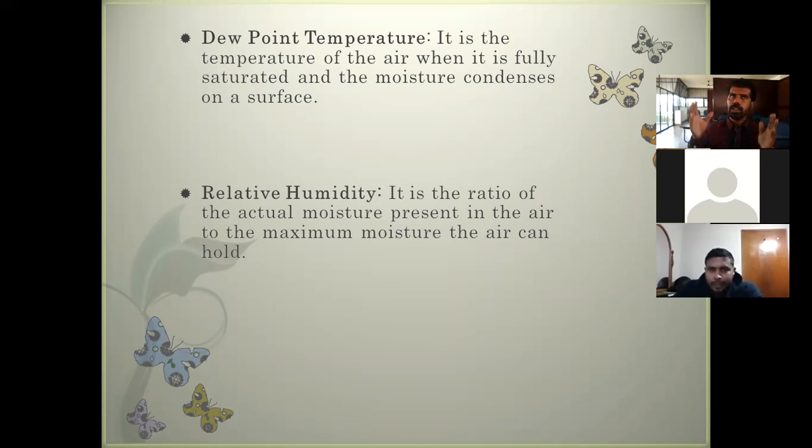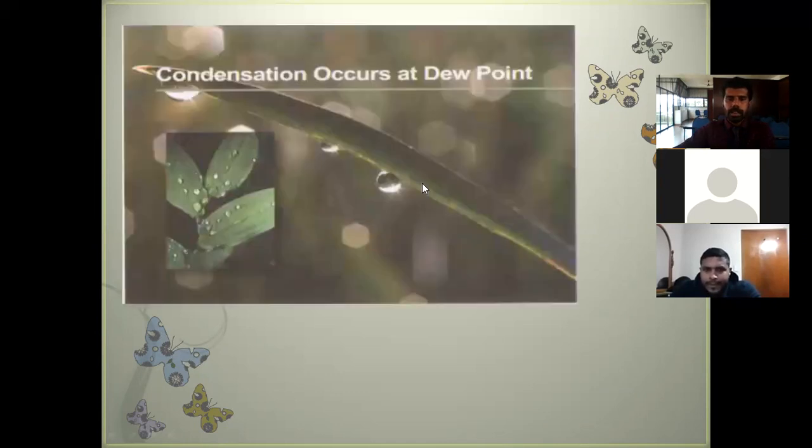So in air there is a limit to absorb water molecules. If the air absorbs 100% water, that point is known as the saturation point. Afterwards, what happens? The moisture will be condensed on the surface. And we have seen what is relative humidity. These are the different condensations at dew point. I think you have seen all these things, right? Mainly in early mornings we can see this.